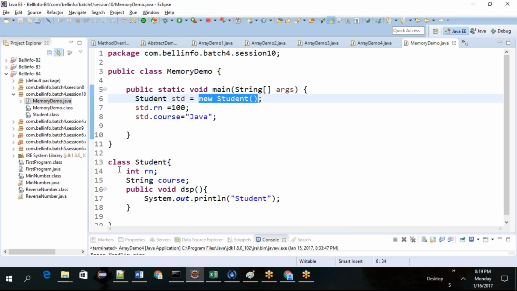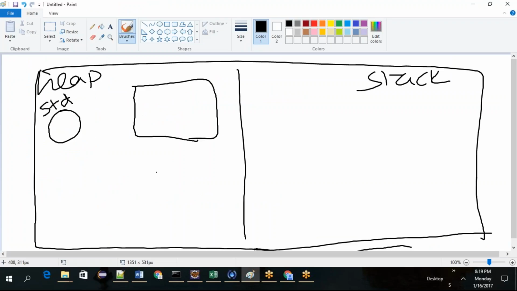What is there inside the student object? int rn. So how much memory will int take? 4 bytes, right? So for rn, 4 bytes will be assigned. Okay, string, it is course.